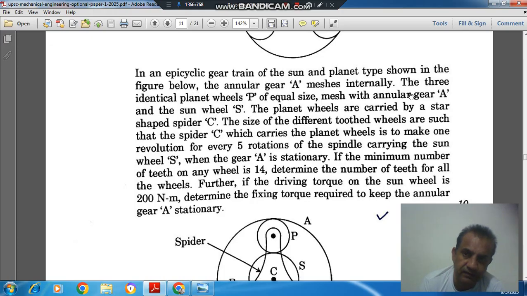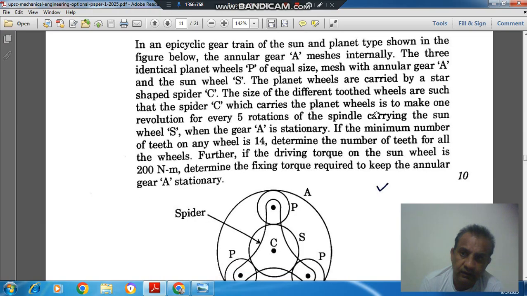the annular gear A matches internally. The three identical planet wheels P of equal size mesh with annular gear A and the sun wheel S. The planet wheels are carried by a star-shaped spider. The sizes of the different toothed wheels are such that the spider which carries the planet wheels is to make one revolution for every 5 rotations of the spindle carrying the sun wheel S when the gear A is